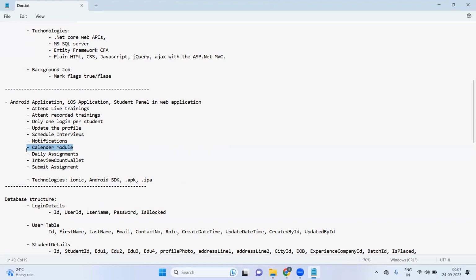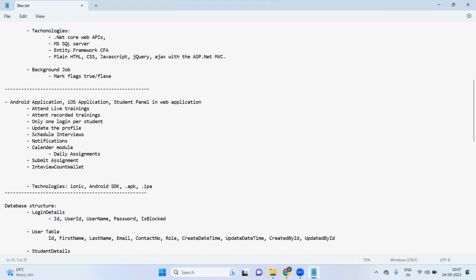So you have to attend UI lecture on 7:30 to 9 o'clock. You have to attend the backend lecture at 9 o'clock to 10:30. Then 11 o'clock to 12 o'clock you have to complete one of the assignments. So everything will show up in your calendar. Okay, like that. Next one is daily assignments. Yeah, so that will show up inside the calendar only. In the calendar, but you have to submit the assignment, right? So that's okay. There is another separate topic for that. So daily assignment you can see inside the calendar, you have to submit the assignment and there will be